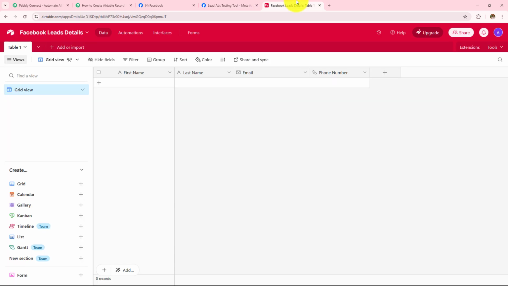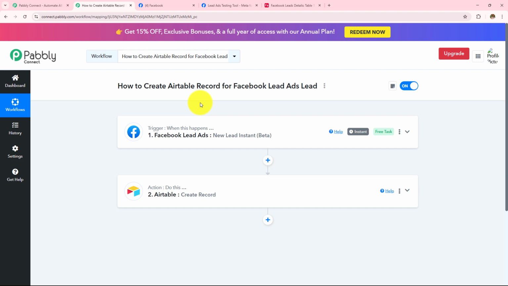So let's open my Airtable and let's refresh this page once. And here I can see that I have automatically and instantly added all these details. The first name that we added was new, last name was user, email address was new321@pabblytudes.com, and this was the phone number. So this is how this automation workflow will run. And now to learn how to create this, let's start creating this from the beginning.